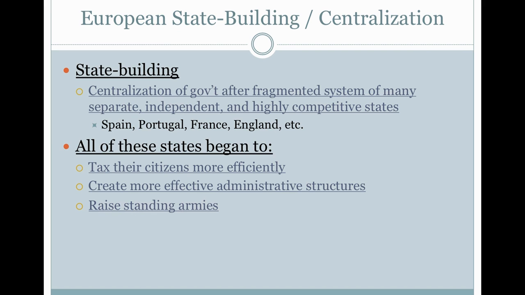So what happens around 1400? We start to see state building, right? We start to see England, for example, become more united and unified under a monarch. Same thing in France and Portugal, and that's basically the centralizing of government, right? So by 1500, Europe is becoming a continent of centralized states. Independent states, competitive states, right? They're going to compete going forward for colonies and wealth. They're going to enter into war against one another.